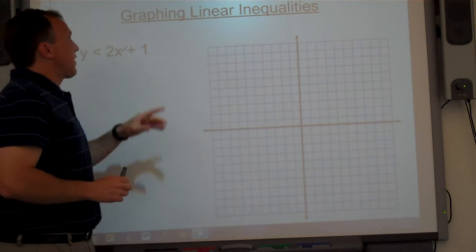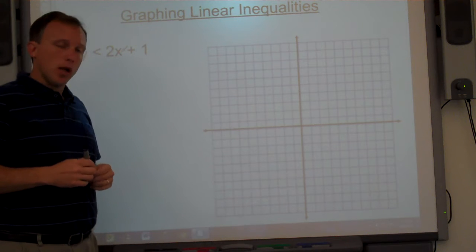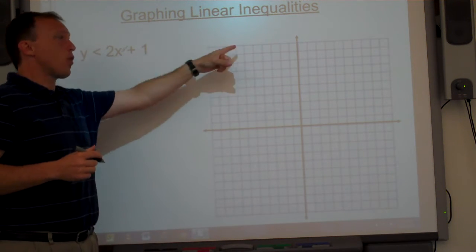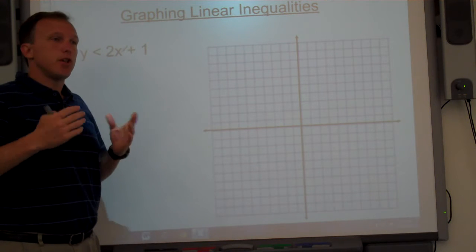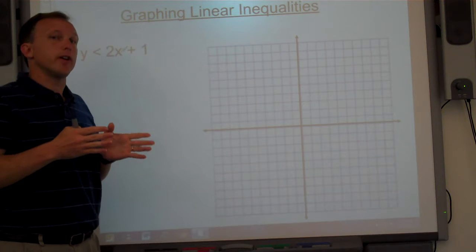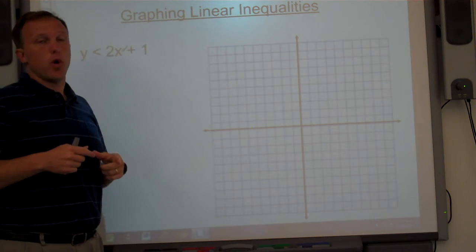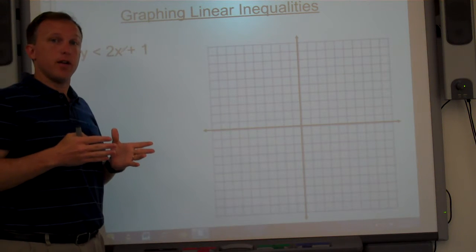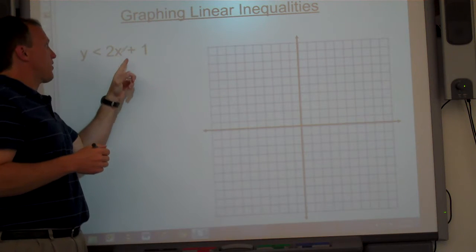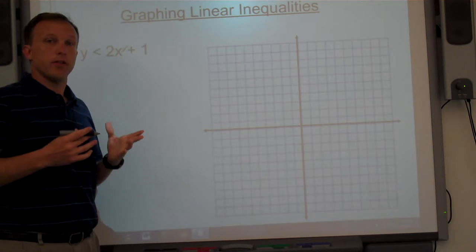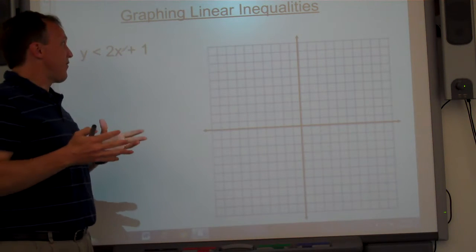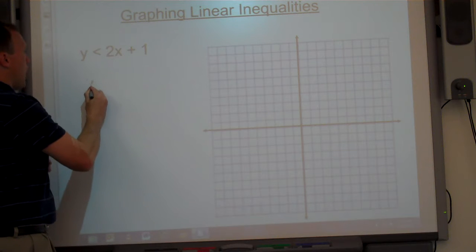Okay, so this is a lesson about graphing linear inequalities, and the important thing to note about graphing linear inequalities is that just like solving inequalities is just like solving equations, graphing linear inequalities is really just like graphing linear equations. And so if we're taking a look at y is less than 2x plus 1 and we want to graph this linear inequality, we really want to start by thinking of it as if it were the equation y